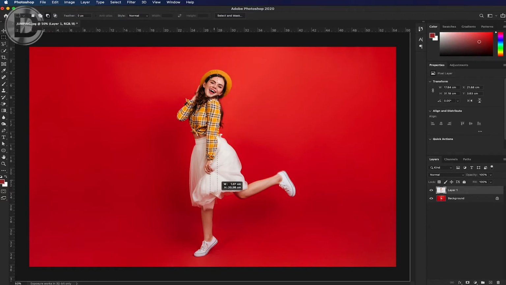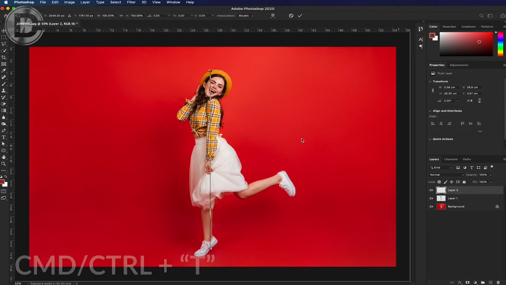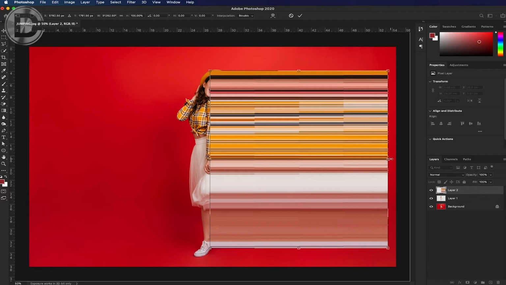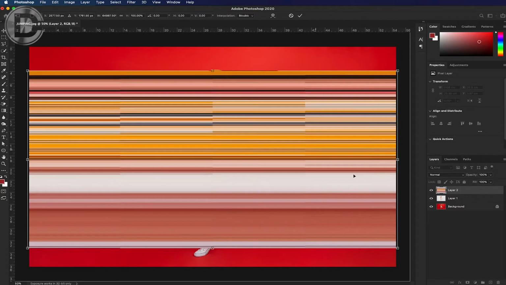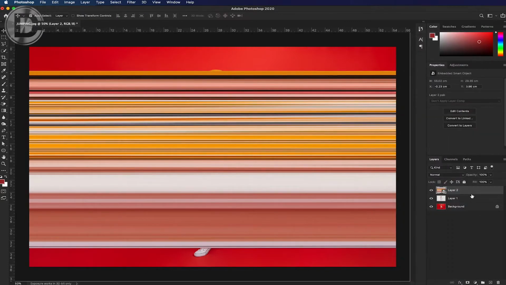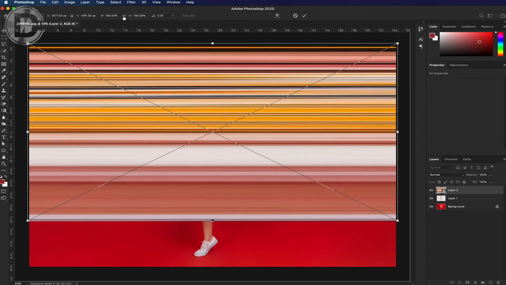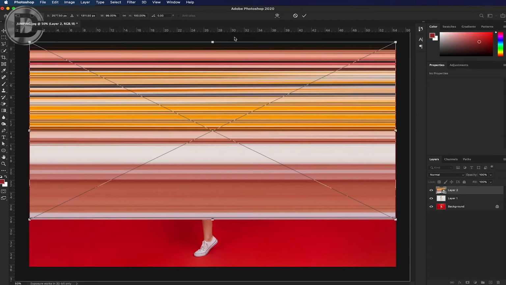Now with the help of rectangular selection tool, here I am selecting some pixels of my object. After that, simply press Command or Control J just to make a new layer from the selected object. Now with the help of Command or Control T, here I am transforming the layer and stretching the layer in my whole canvas. Make sure not to increase your layer height. Convert it to the smart object. And here I am just adjusting my layer in the upper part of the canvas.